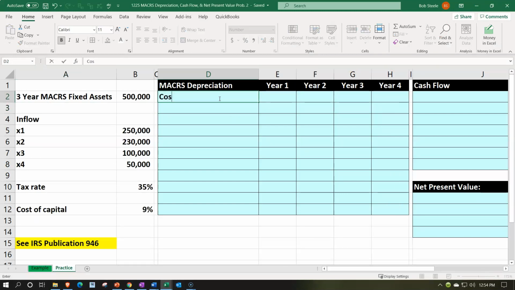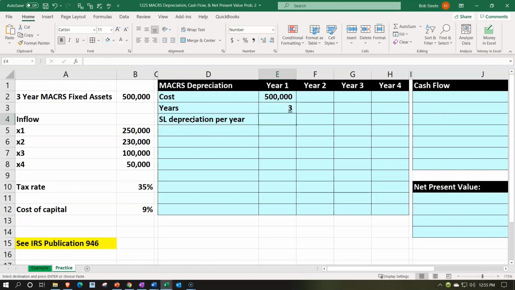We're going to say the cost. We're going to look at our MACRS depreciation here for year 1. Picking up the $500,000, we're going to say the years involved are going to be 3 years because it's a 3-year property. I'm going to go to the font group and underline that. That would give us our straight line depreciation method per year in a dollar amount format. If we were to divide that out, that would be the $500,000 divided by the 3 years, in other words. And that would give us the